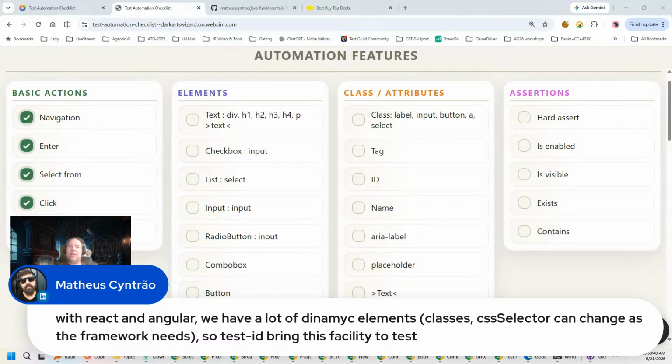Somebody asked me that on an interview recently. They said, how do you work with dynamic elements? The answer I came up with was, well, if you're good at regex, and if you went through UFT, QTP, you got very good at regular expressions, using that to match a type of element. Although test ID is my preferred way of doing that, just having a specific type of class that's specific for the automation, so that you don't have to worry about the dynamic elements. Well, as I said, it does require a contract between you and dev, and sometimes dev